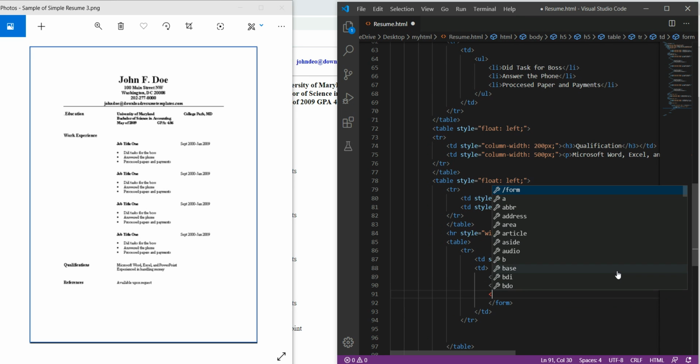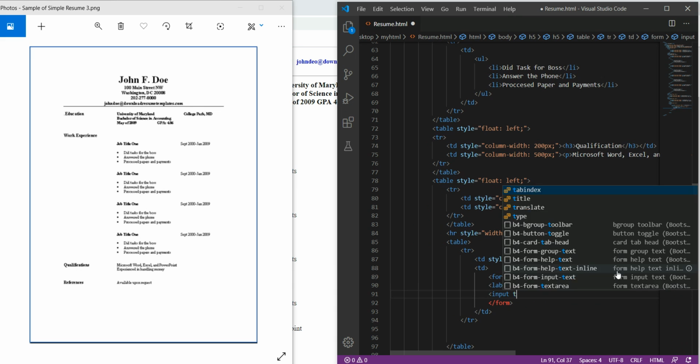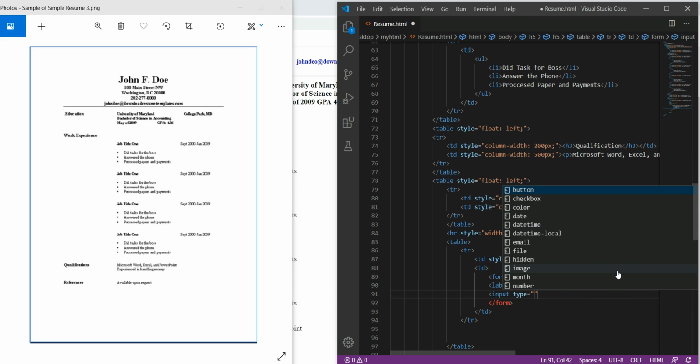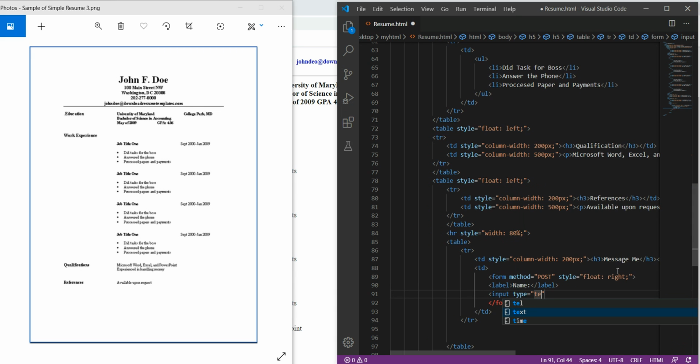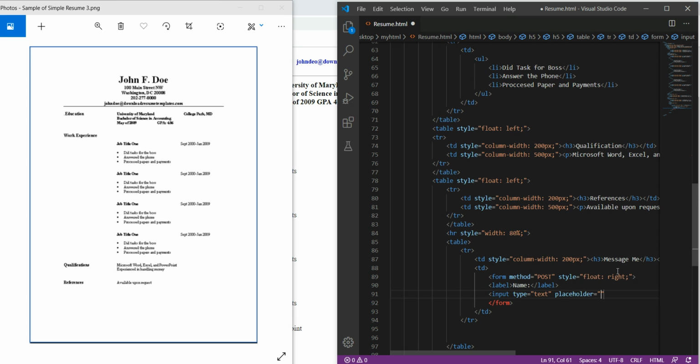So for that I have to create a text input type. Here I just wanted to have a text field in which he will enter his name, and I will use another property over here, that is placeholder.